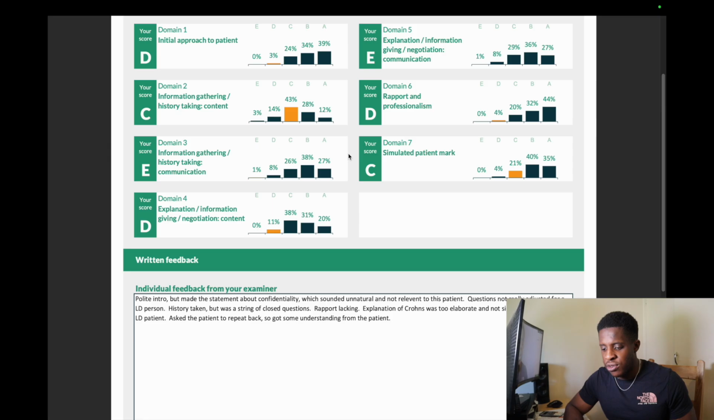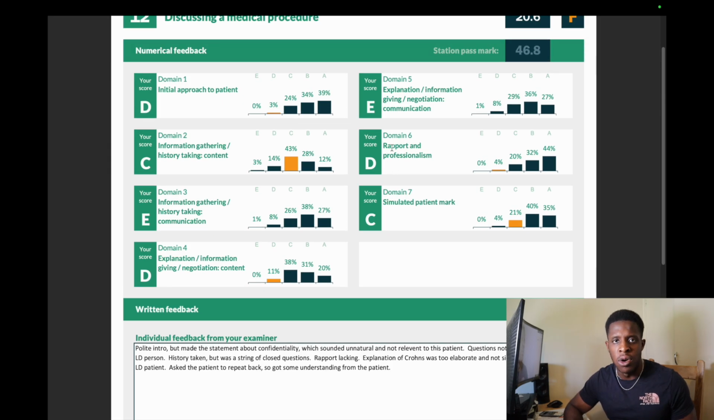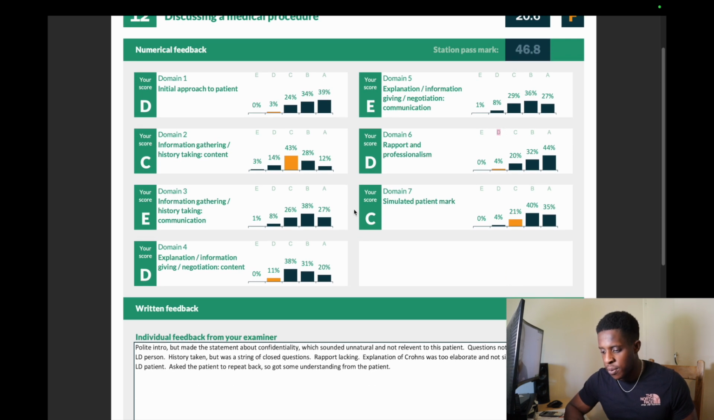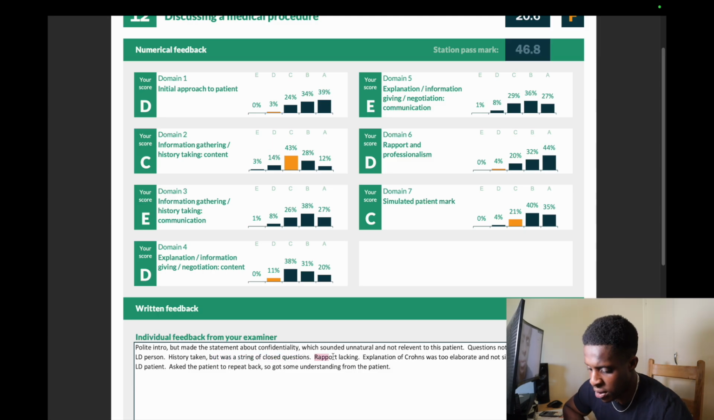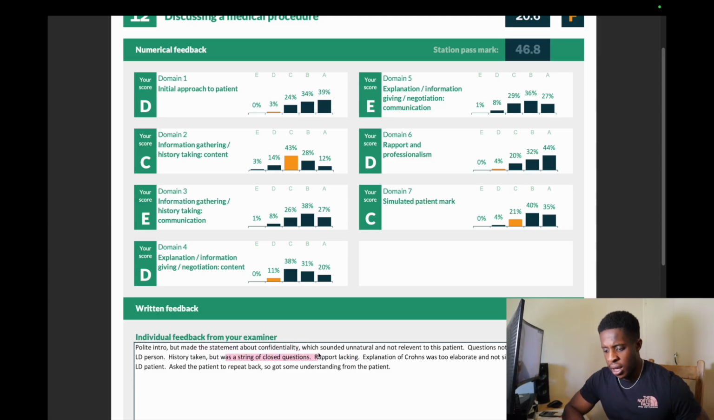Okay, history taken, but also strong, but there's a string of closed questions, rapport lacking, so again, lack of structure. Moving on to closed questions when I could have explored more with open questions, which again just goes back to the basics of a history: open questions first, then closed questions. Rapport lacking, explanation of Crohn's was too elaborate and not simple enough for this patient with learning difficulties, and I asked the patient to repeat back, so I got some understanding from the patient. But yeah, overall,